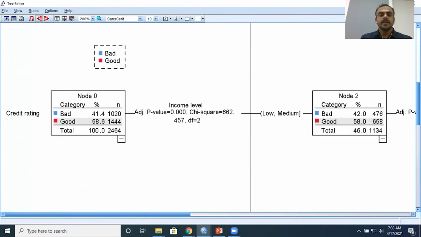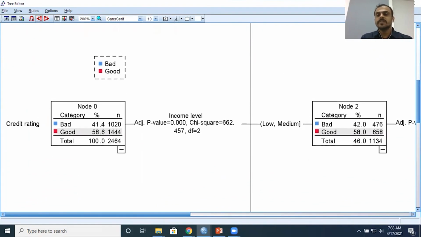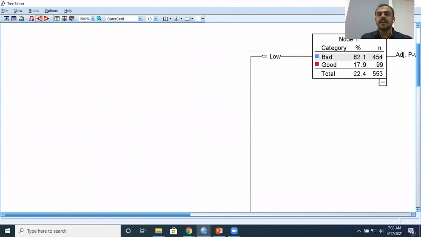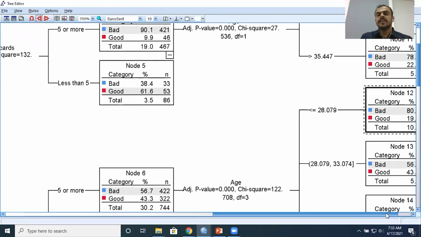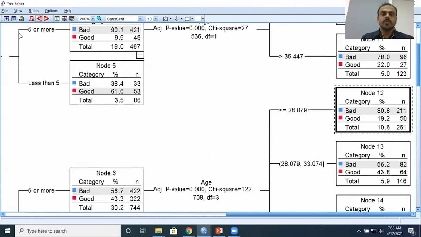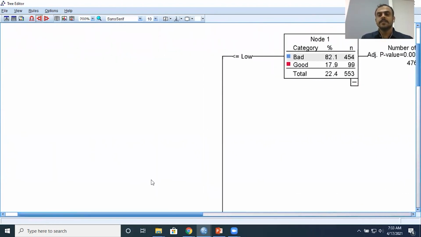Right? You can see the dependent variable here. Now you'll be going from left to right, correct? Now, if this is how you want to present the results to the client, you can just do that as well, right? It is just the same graph, same decision tree, but we'll be looking at it from left to right as well. So I particularly like this because it makes reading the graph very, very simple, right?